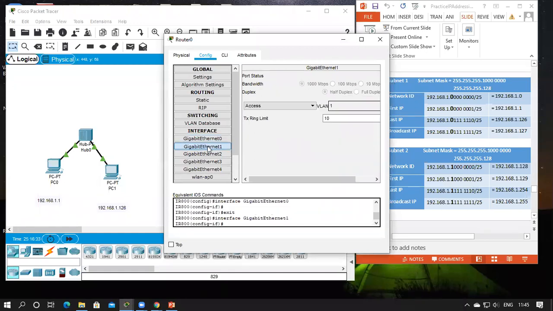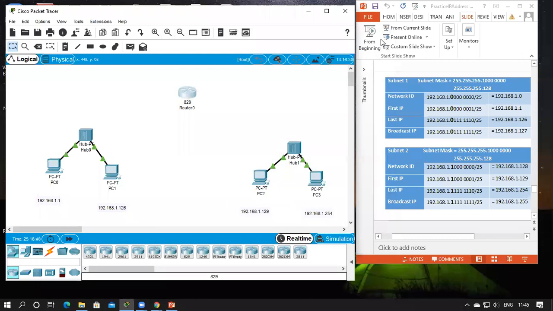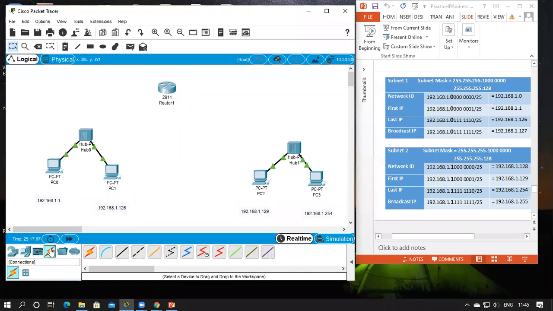So the first link is available, the second is not available. See, there's no IP address to be set, so we cannot use this router. So we'll select 2911. So we'll just remove this. Now when the cursor comes like this, you can use escape. That cursor changes, so the select shop option is removed. Now the router is selected. Now we'll connect it.